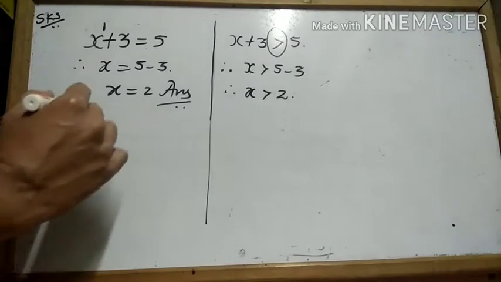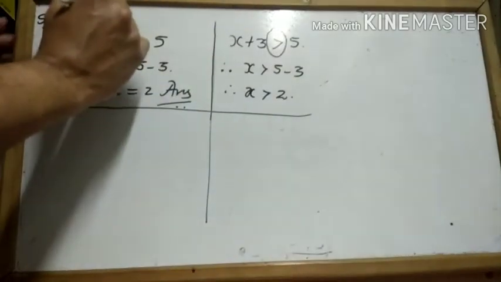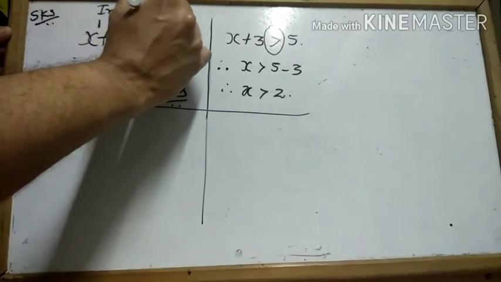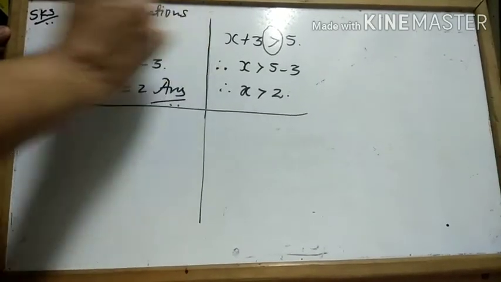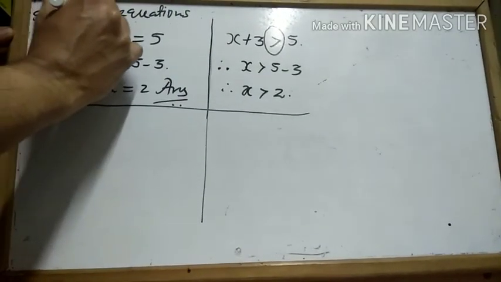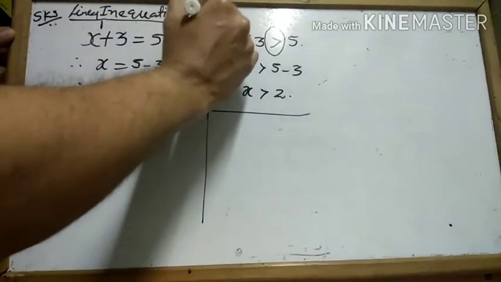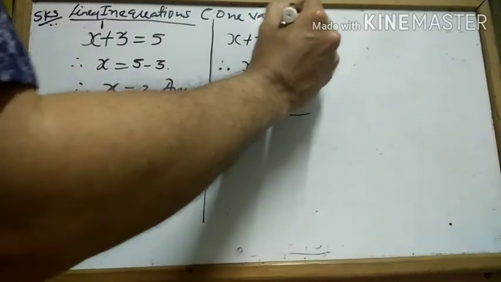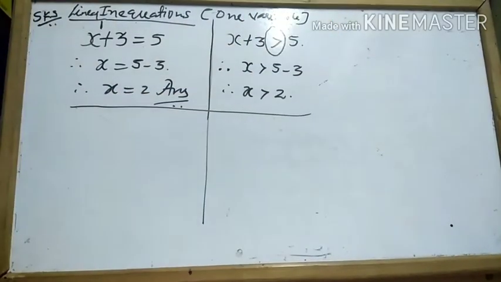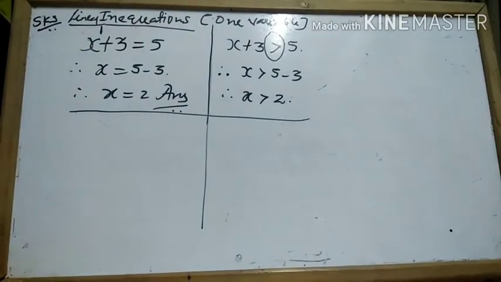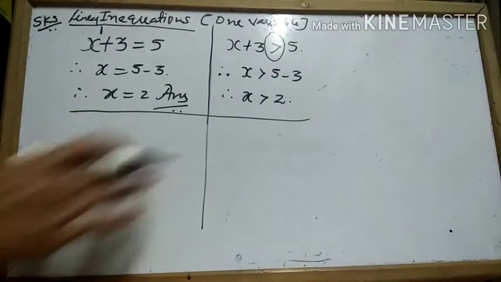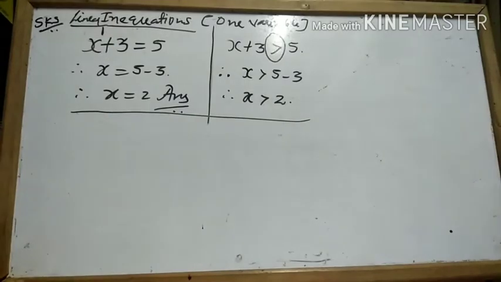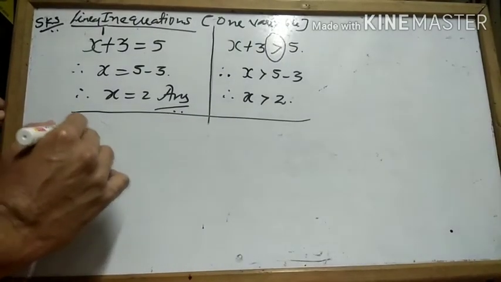So we are going to see inequations today, and that also linear inequations. And how many variables in grade 10 are we going to use? Only one variable. So our today's topic is linear inequations, and that also in one variable. We have to understand quite a few parts in this. First thing, we should know the rules